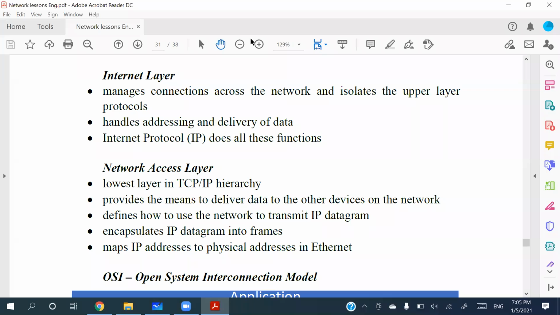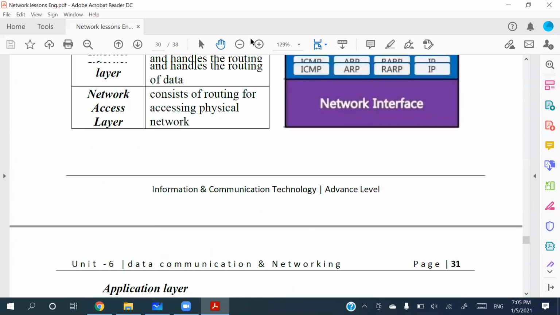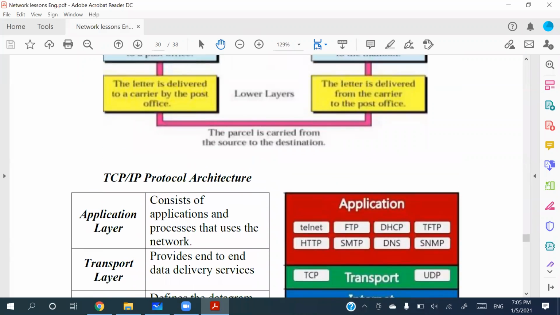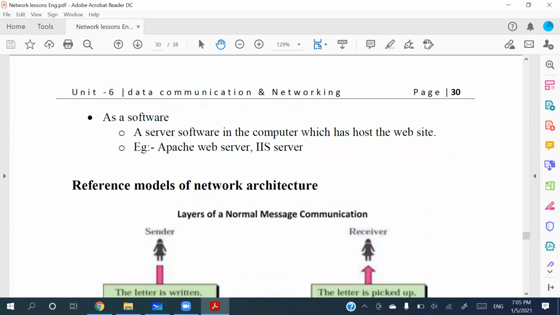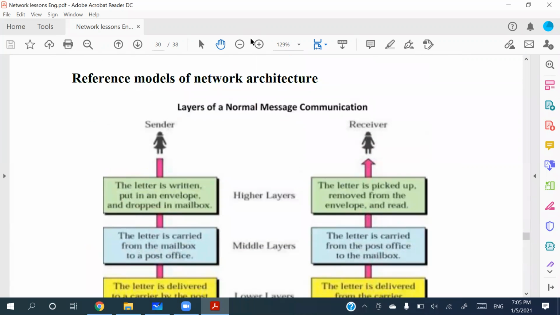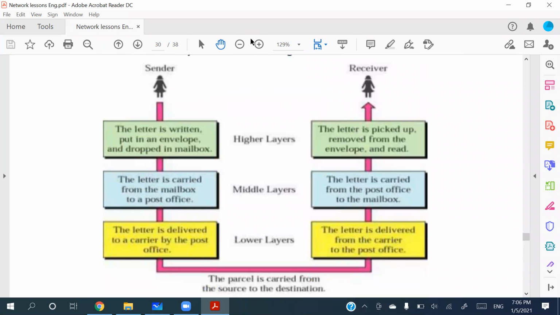You people already know half of this; we were discussing these particular layers when we were doing the frames and all these things. It is talking about the reference model of network architecture. So this very first diagram is to give a general idea: there are certain things that have to be done before sending a message, as well as certain things happening in the reverse manner, which happened at the sender's end, to receive the